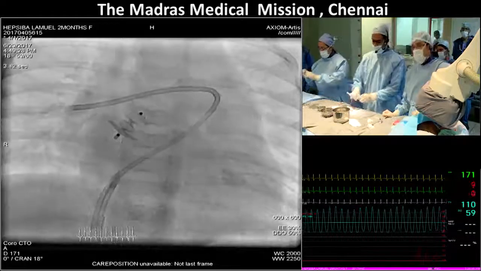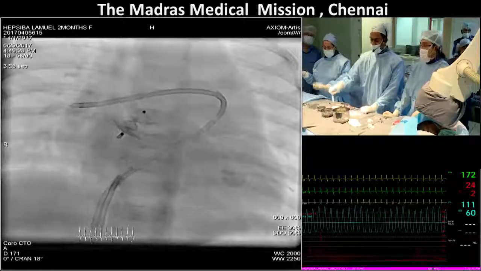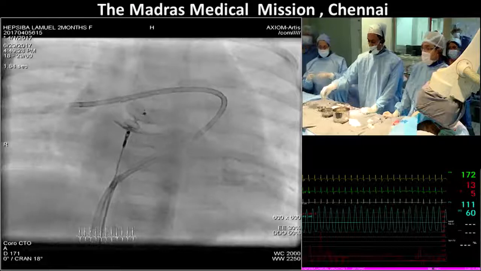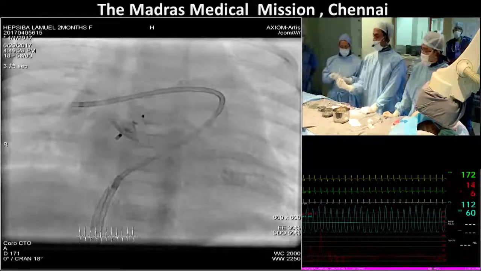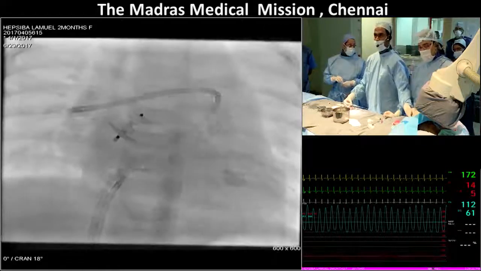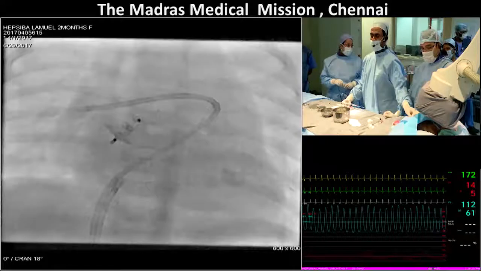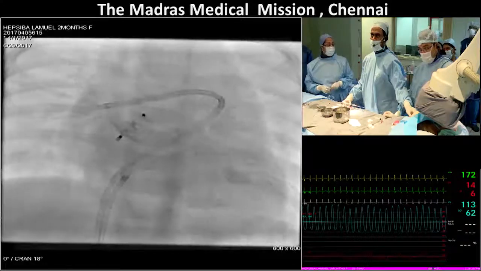I'm finding the saturations are right now around 93%. The child is not on any supplemental oxygen. We need to maybe wait till the effect of heparin goes off in order to see whether there is a complete disappearance of the